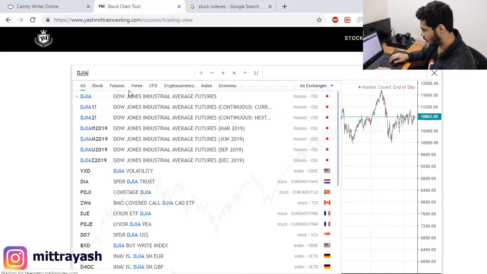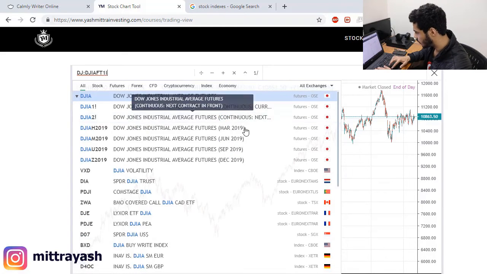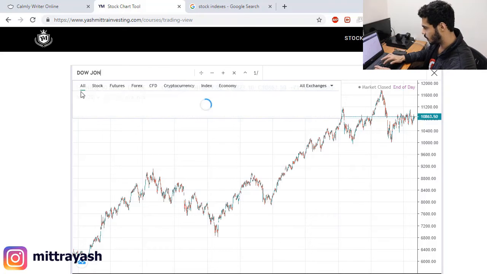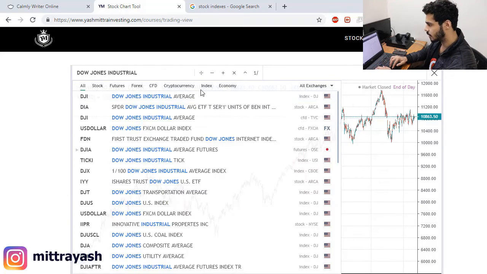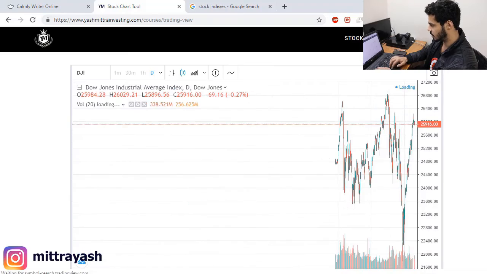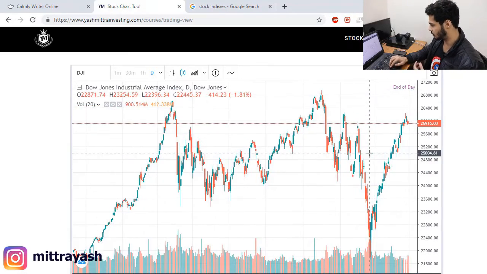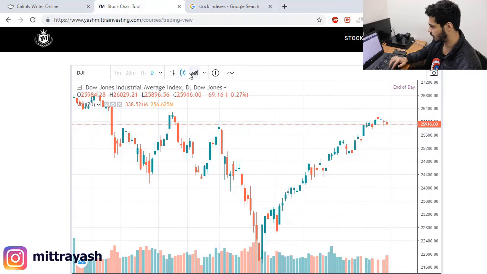Right, so I think these are the futures, but never mind, we're just going to look at this. One sec, I think something's wrong. Dow Jones Industrial. You can actually select index over here, right? So that would only search in the indexes, and you have the index over here, and it will load the index. Of course, this isn't dynamic, but it'll be till yesterday. All of the information will be over here, and you can see the stock market chart, and whatever kind of chart that you want to see.